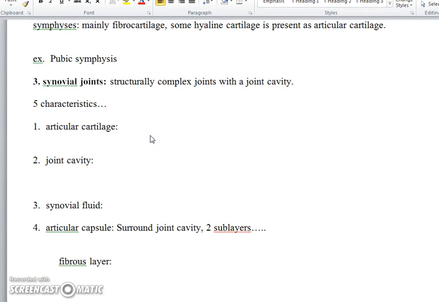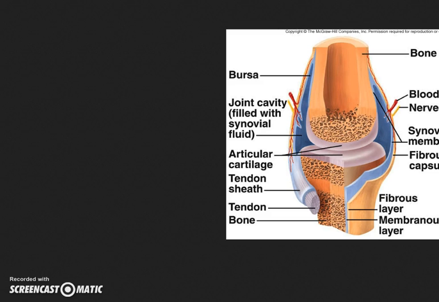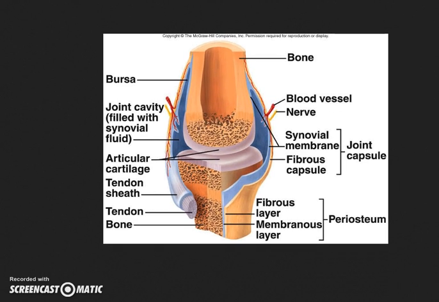Okay, synovial joints. Structurally complex joints with a joint cavity. It's not exactly this picture, but there's a picture in your book that's really close to this. It's going to be about 3, 4, 5 pages into chapter 8, showing you all the stuff that these synovial joints have. I know one thing that your book has that my list doesn't, and that we're going to add on,